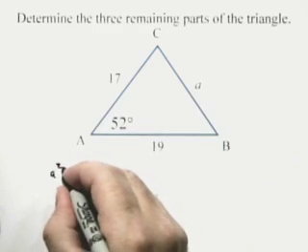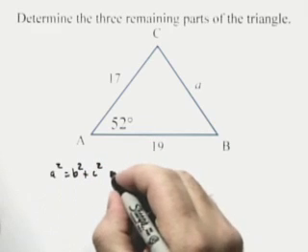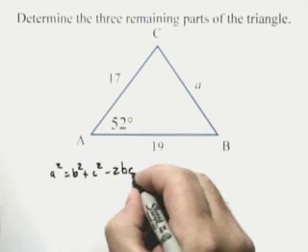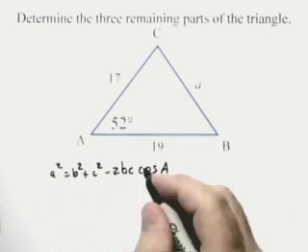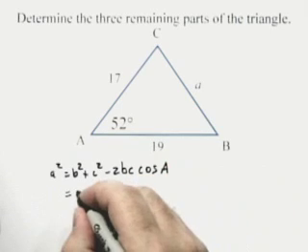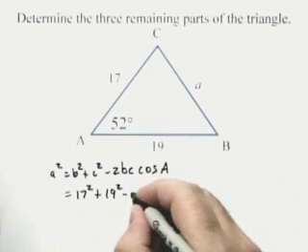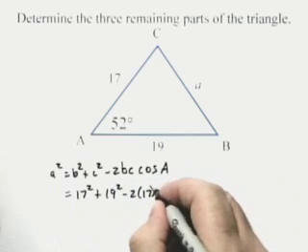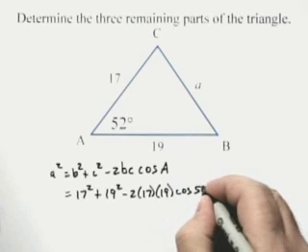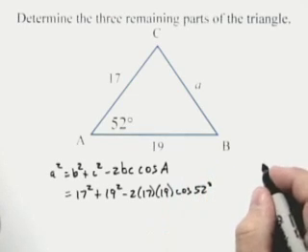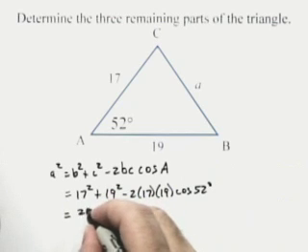We're going to use the law of cosines to find the third side, a. We'll have a squared equals b squared plus c squared minus 2bc times the cosine of angle A. And plug in our values, give us 17 squared plus 19 squared minus 2 times 17 times 19 times the cosine of 52 degrees. If we evaluate that, we'll have a squared is equal to